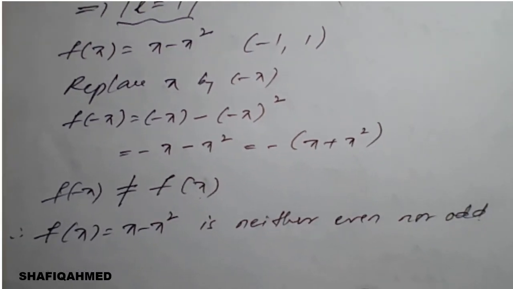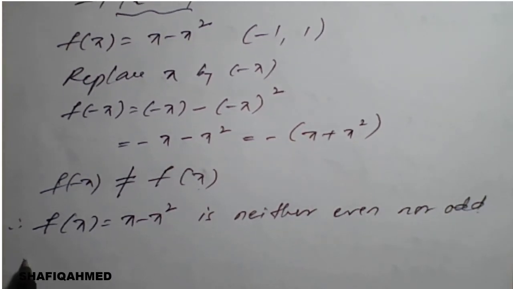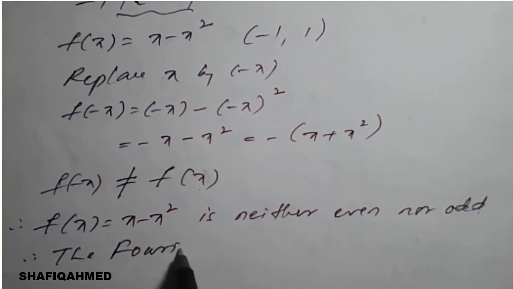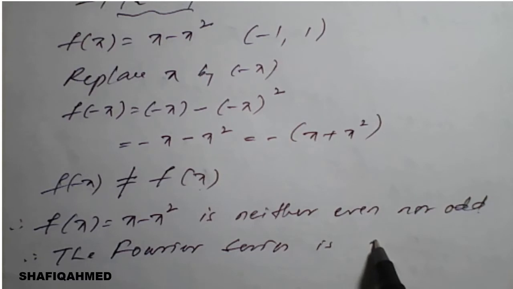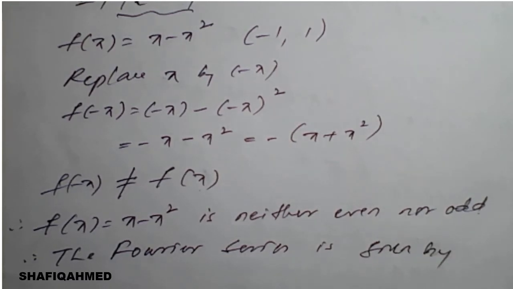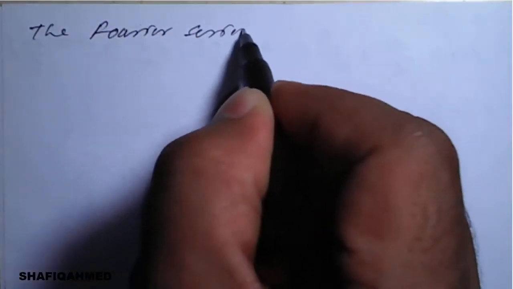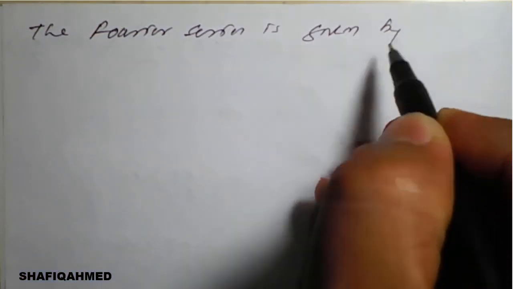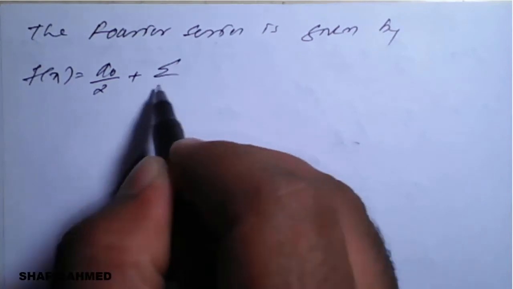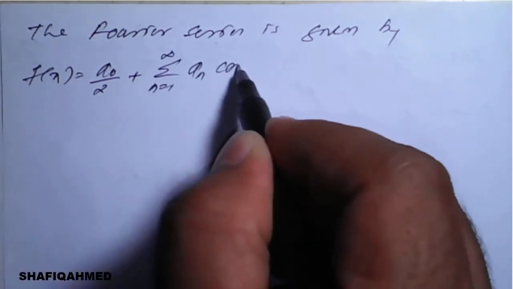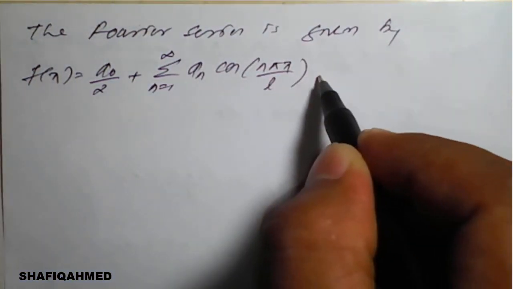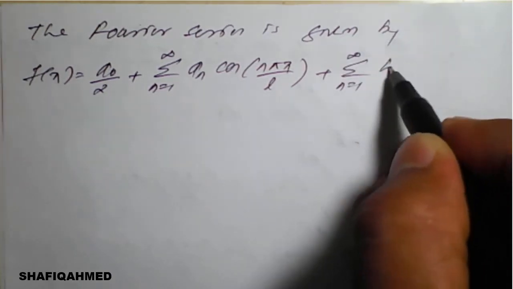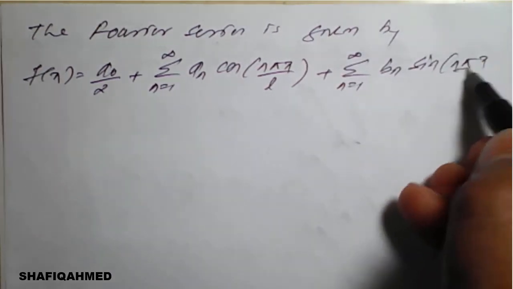Therefore the Fourier series is given by f of x is equal to a naught by 2 plus summation n from 1 to infinity an into cos of n pi x upon L plus summation n from 1 to infinity bn into sine of n pi x upon L,